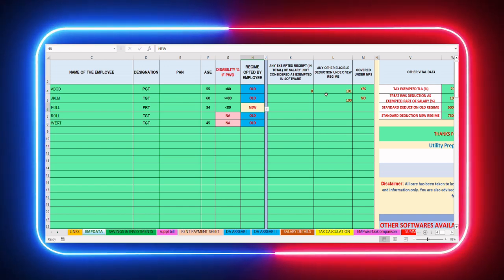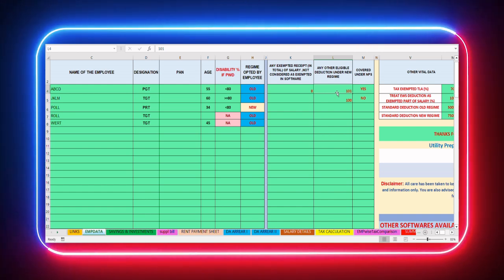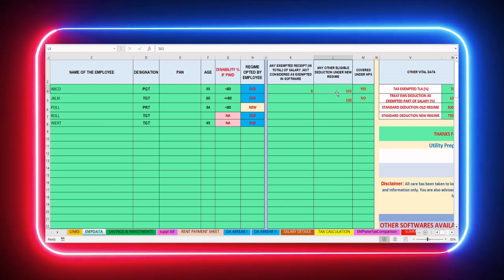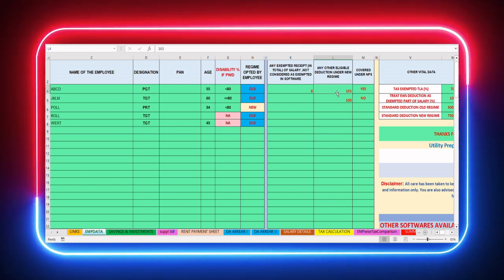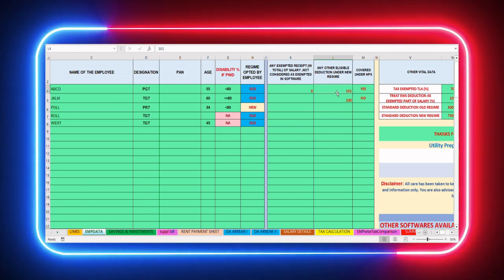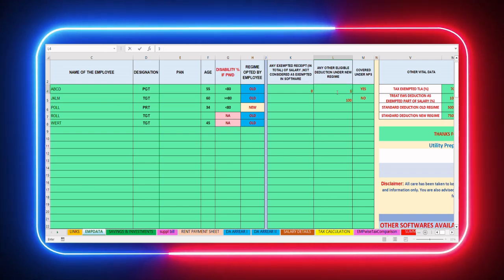And next column is any other eligible deduction under new regime. If government declares anything which is eligible for deduction under new regime, then that value is to be entered from this cell,